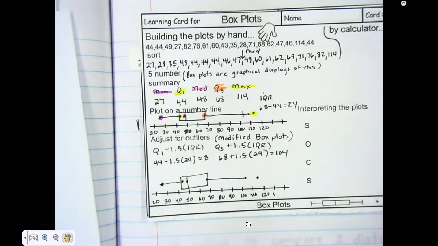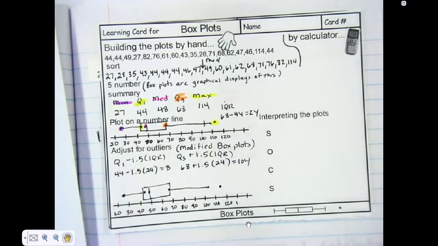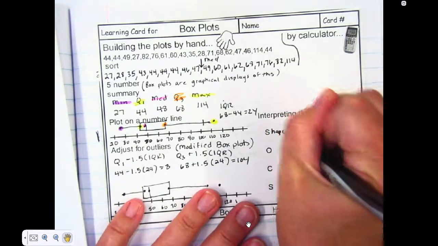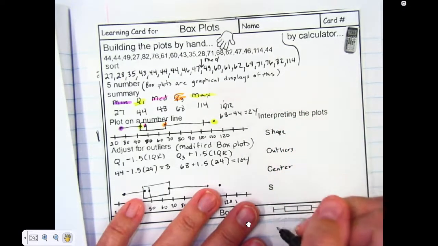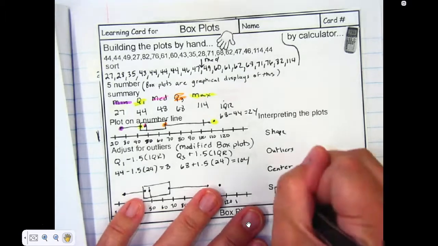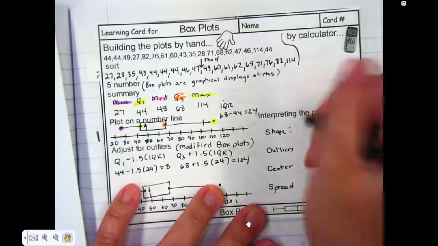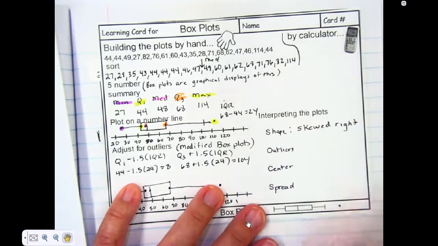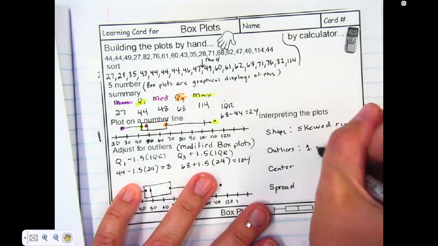Now, do these on the calculator. We will go over that in class. Let's talk about the shape of these. Since there's a positive outlier, this is skewed right. When we talk about our SOCS, we're going to talk about our shape, outlier, the center, and the spread. The shape of this is skewed to the right. We have an outlier, so we're going to say there is one outlier